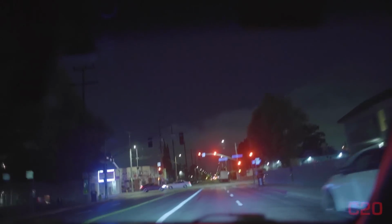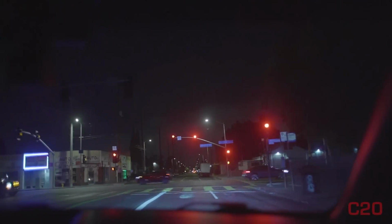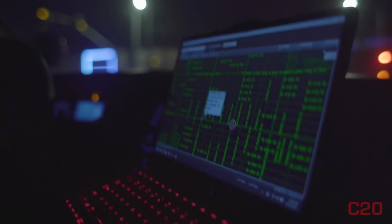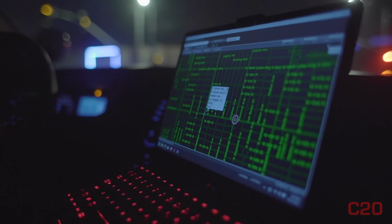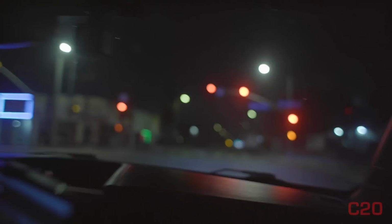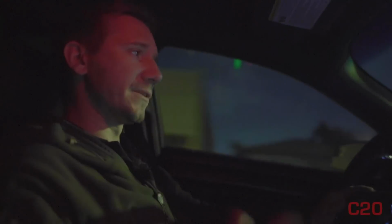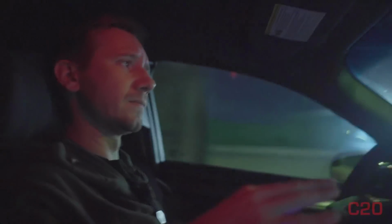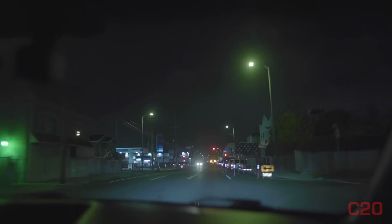So we're about one major away. We're at Normandy looking to the west, and our call is at Vernon and Western. All right, we're rolling up right now. Fire department does have the call, but they were cleared to enter, but I don't think they're here yet. Looks like we're in a construction zone of all things, which is an interesting place for a